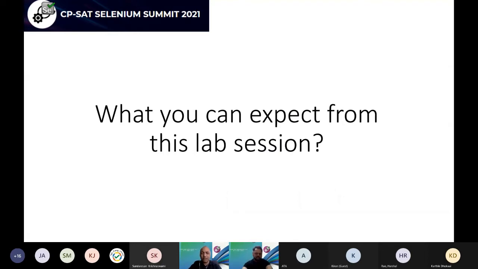At the end of this lab session, you should be able to automate any scenario where the same thing can be run with Chrome, Firefox, headless mode, whatever you want, except Safari. I don't have a Safari browser installed right now. It's a Windows laptop, but the same thing can be done with Safari when we run on a MacBook. Even with Internet Explorer, Edge, anything. That is what I am going to take step by step.